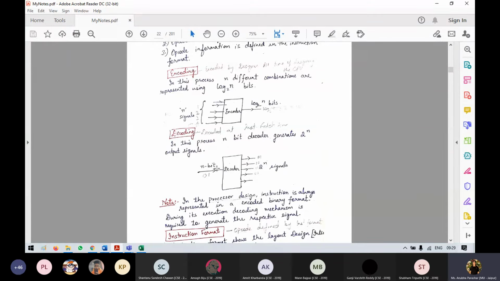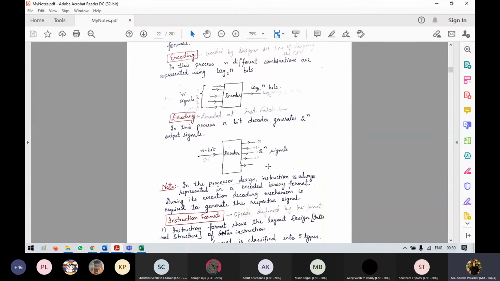What is the decoder doing? Once we fetch the instructions, it converts them back to signals so that your microprocessor or ALU can understand those signals. So again, the bits will be converted into signals.